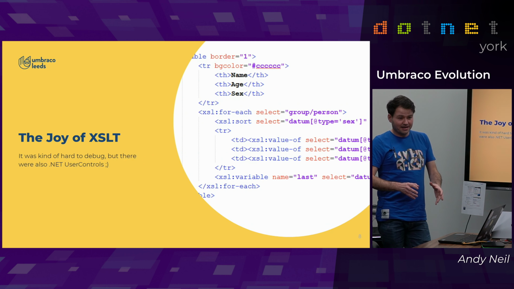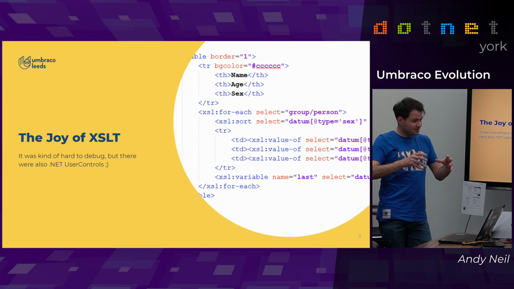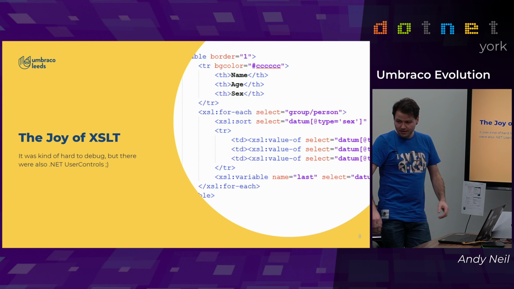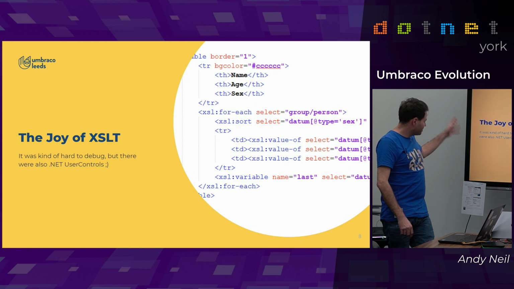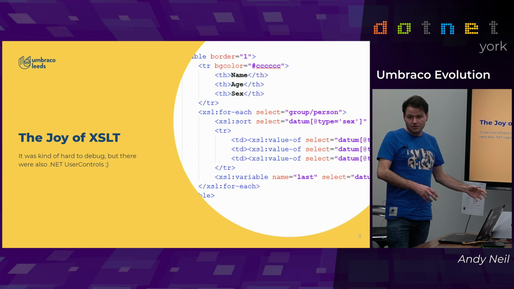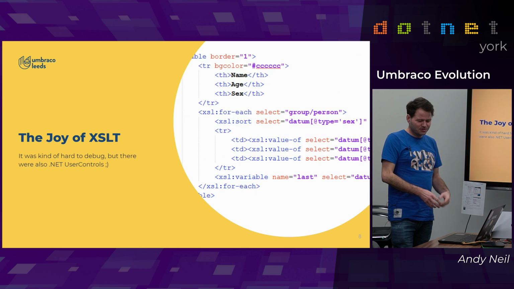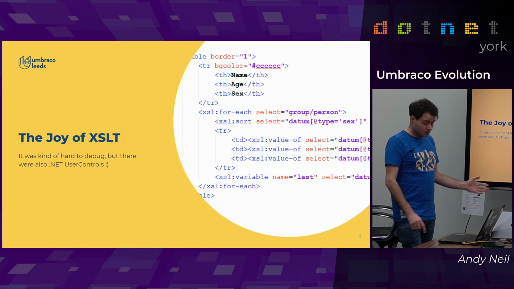Well, it's amazing once you get your head into the space and you know what's going on, and you can read XML like you're looking at the Matrix. It's fine, but if you're trying to debug with it or do anything else, it's an absolute bloody nightmare. But they did also have .NET user controls, which was great because you could do some stuff there, but it was kind of hard to customize. It wasn't great, but for 10 years ago, it was cool.